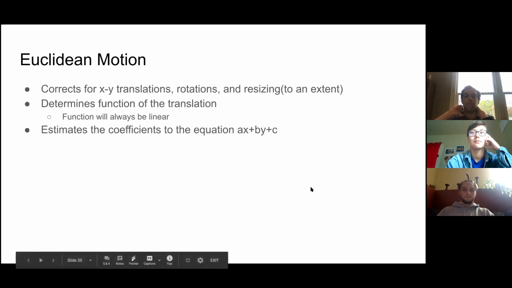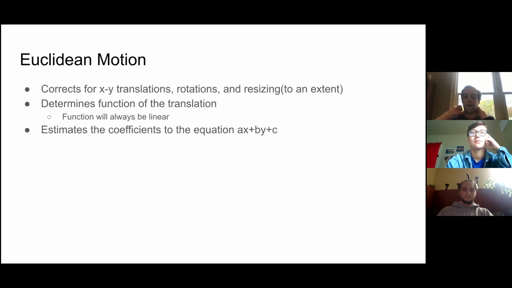And the way that the Euclidean motion calculation works is that we have these two shapes and we assume that there's a function of some form like ax plus by plus c that will translate one shape into the other shape. And so the goal of this algorithm is then to estimate our parameters a, b, and c so it fits the closest, and then we will get that function outputted back to us. And from there, we can apply that function to one of the two shapes, and then they will be aligned